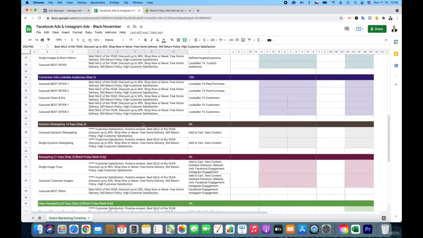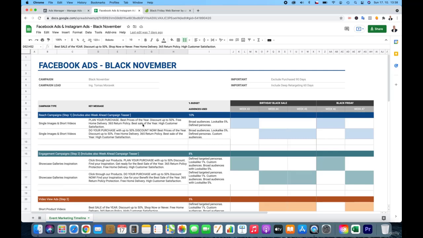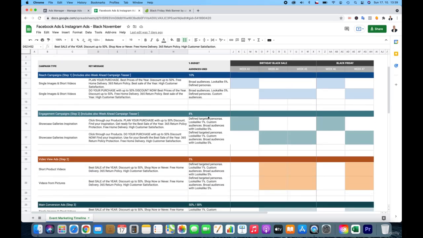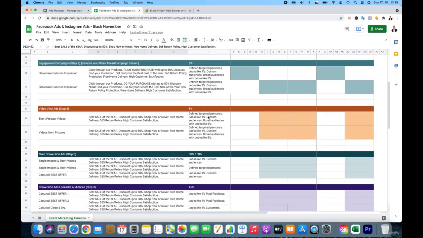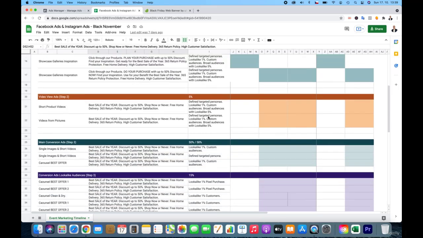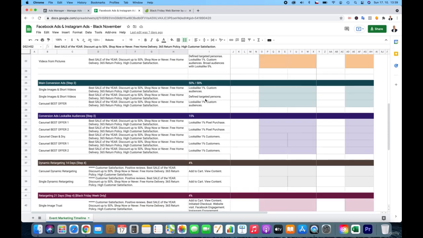To summarize it, I will just now summarize the budget. So the range shall be around 10%. I'm not telling it's the best budget planning, but this is so far the best I have discovered. Then we will use approximately 8% for engagement, 5% for video view, 50 to 60% for main conversion ads, and we will support it with reach out for new lookalike,